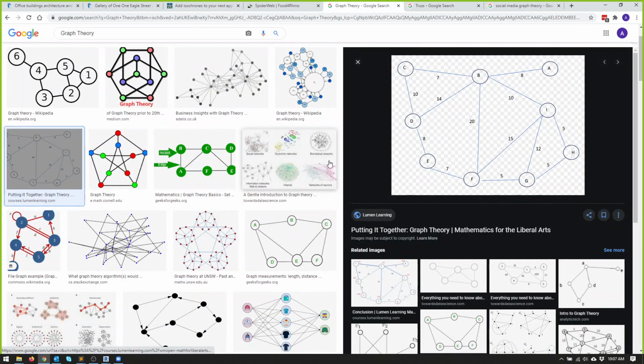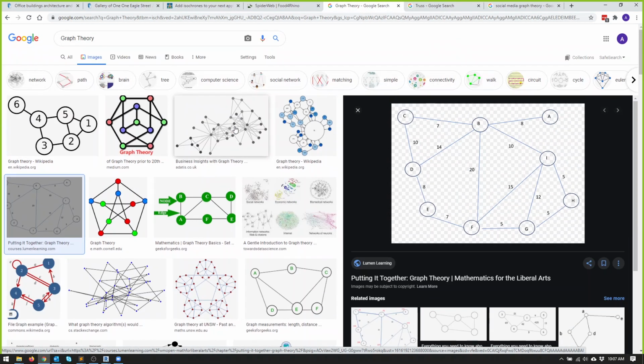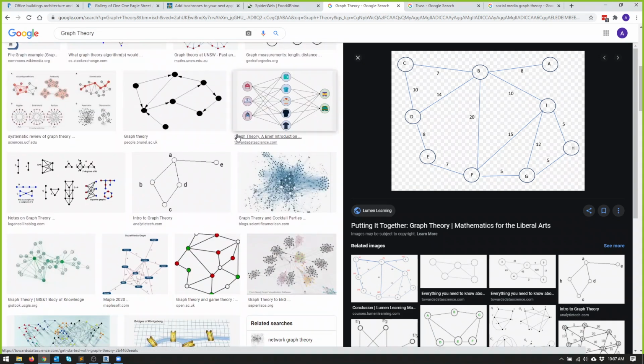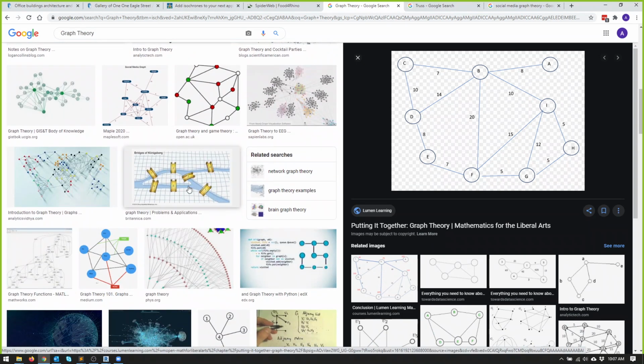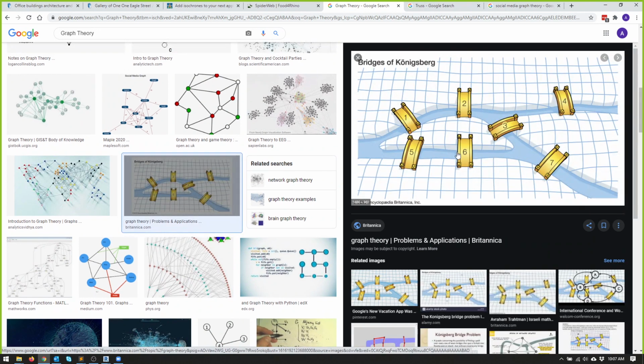Okay, so graph theory. A lot of people use this particular example as the invention of graph theory, but it seems a little too niche for it to work. But there's this place in Germany called Königsberg, where it's split by these rivers and there's these bridges, and people